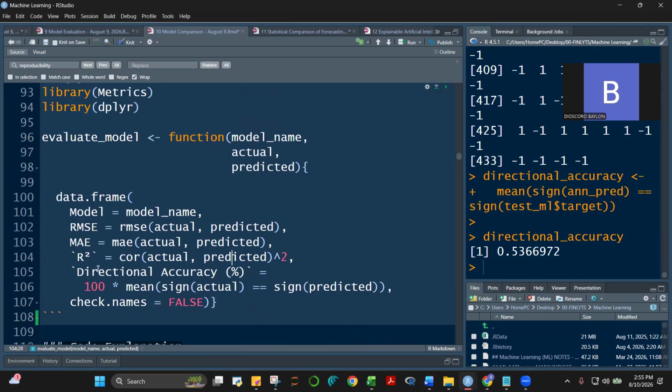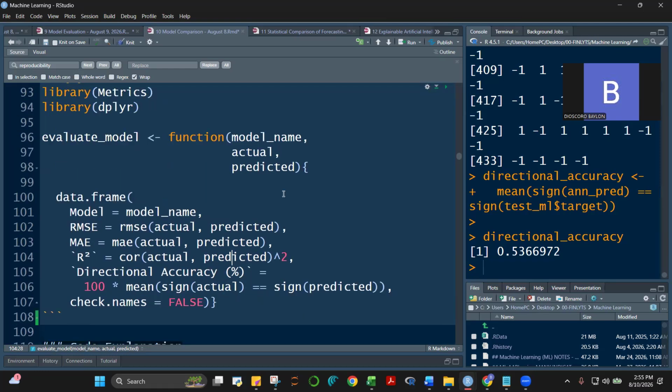So these are actually functions. The model is equal to the model name. For the RMSE, we define what the actual is and what the predicted is. The actual is always the same, right? That is our target in test ML. The predicted will change: RF pred, etc.